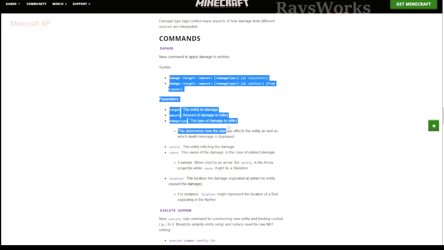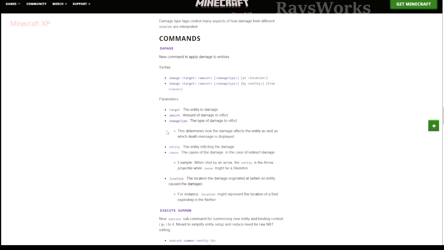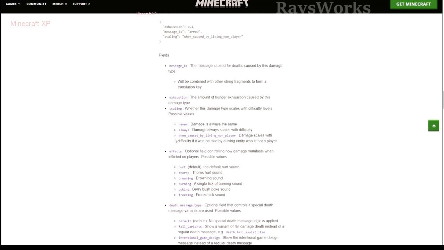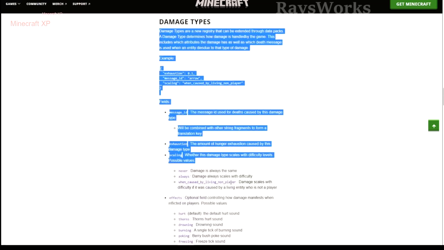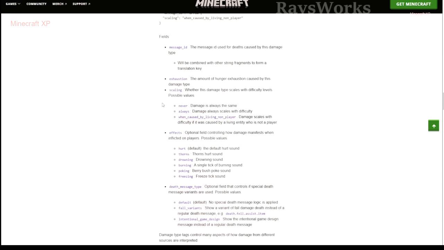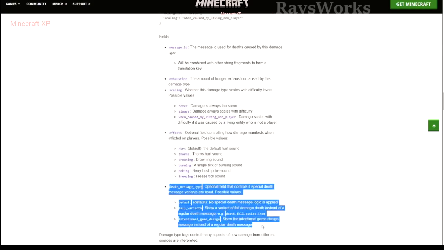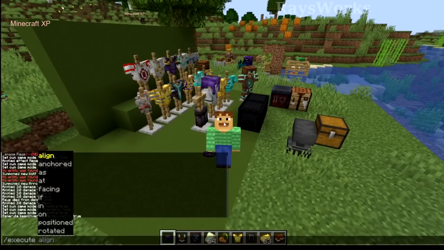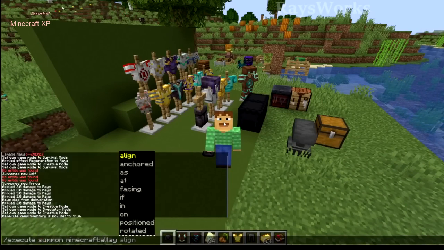This will be great for map makers, as they can make really unique situations without actually modding. Now, if you did want to get into the details behind how the damage thing actually works, you can really tweak exactly how it appears, how it's being scaled, extinguished, the different types of effects, and the unique death messages. They also added so the execute command can now also have summon right after it, making it easy to summon